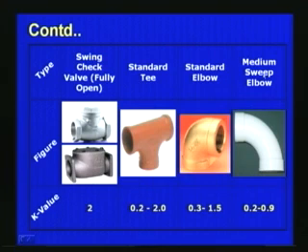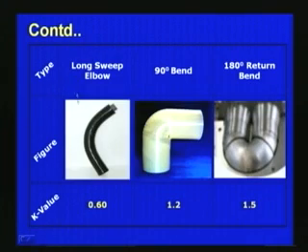And if it is a medium sweep elbow, the flow will be much smoother and the loss will be much lesser. The standard value will vary from 0.2 to 0.9 depending upon the pipe material and the smoothness given. So the medium sweep elbow K value will be 0.2 to 0.9. And if it is a long sweep elbow like this, the K value will be about 0.6,